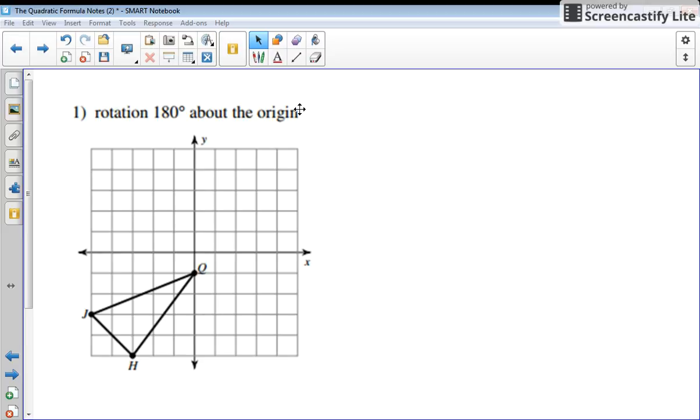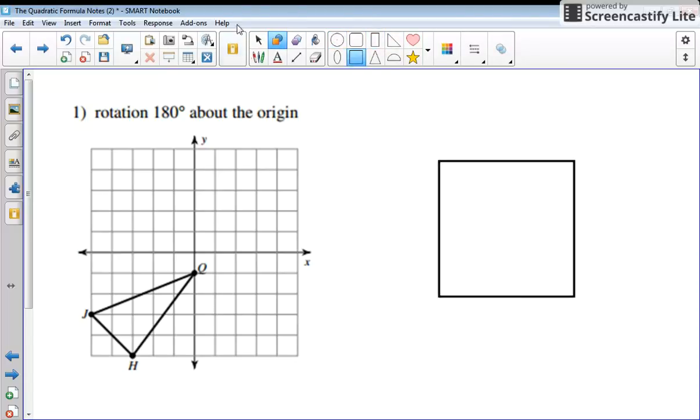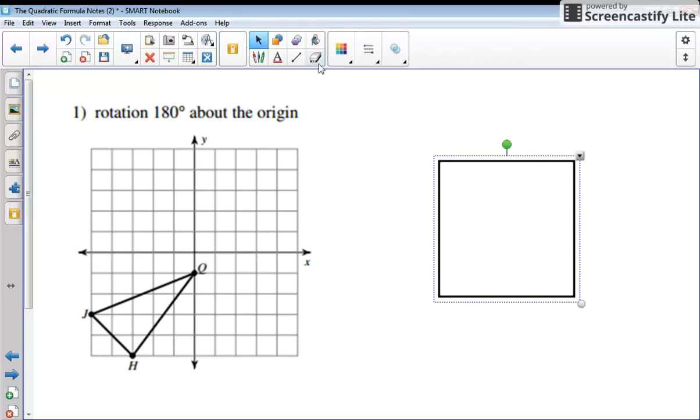So here's the deal. Rotating in the coordinate plane is all about knowing those four different rotations we talked about earlier in class. And for the purpose of this video, I want to give you a square, and I just want to ask you some simple questions as far as rotations go. If I rotate this square 90 degrees,